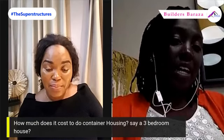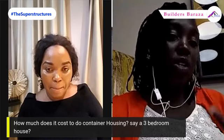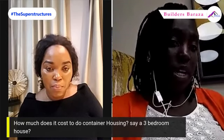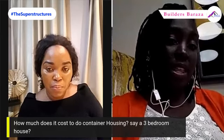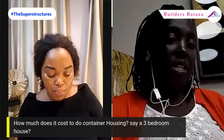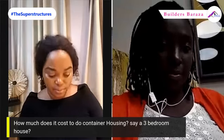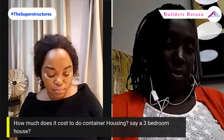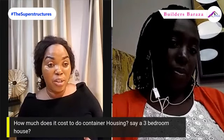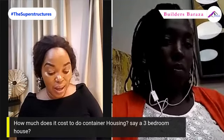It's just that that particular client insisted on 3 containers. The same house could have been done with two 20-foot containers. That means one container on one end, another container on the other, and then you leave a gap in between. This gap would have been sealed by the cutouts that we create from the containers. Correct. Okay, so guys, you get the approximate cost, and that includes transport. So Grace,